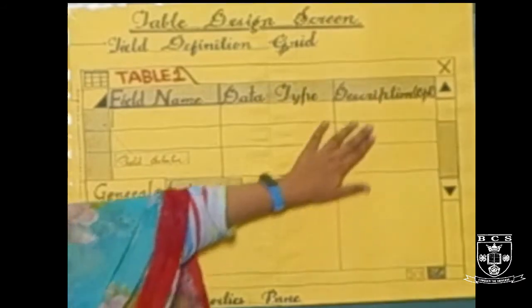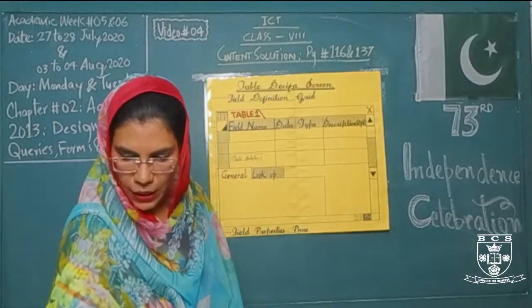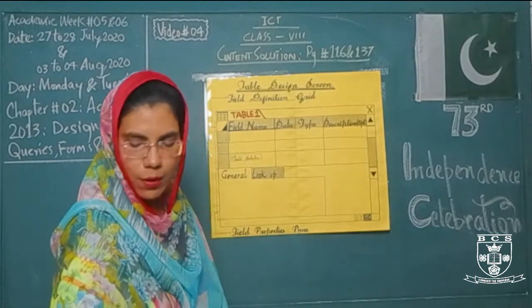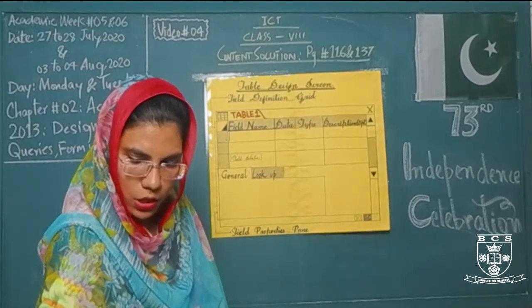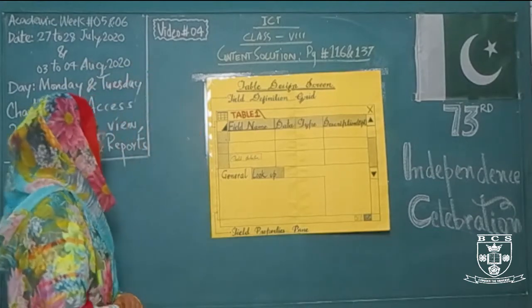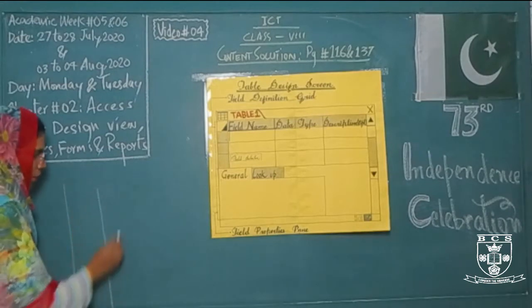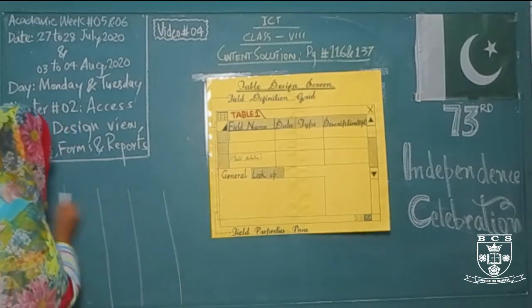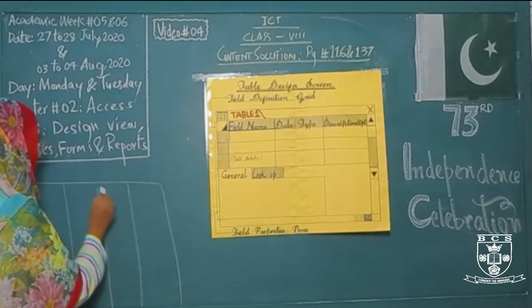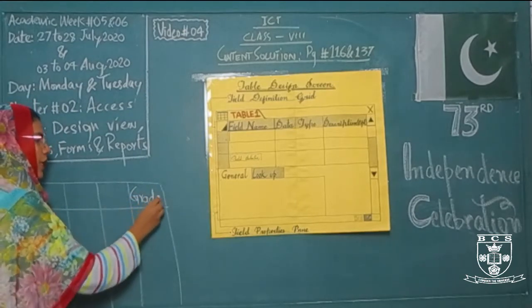What is lookup, or what is a lookup field? Whenever we have to add the particular things again and again for different types of records, we use the lookup field, or we set up any particular field as our lookup field. For example, if I am having the data for some particular students regarding their examination, and this is the field where I have to mention the grades.